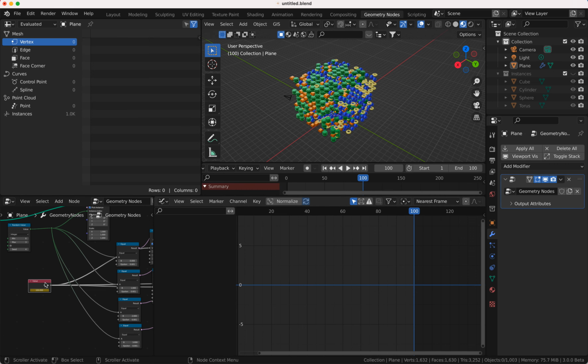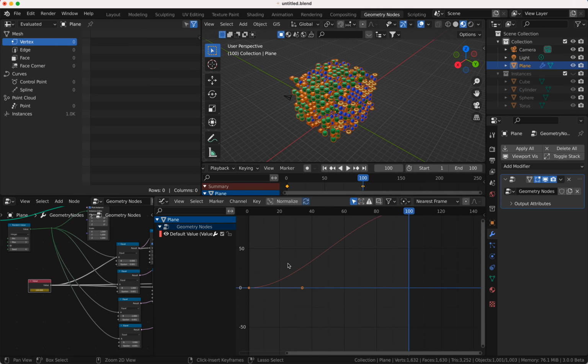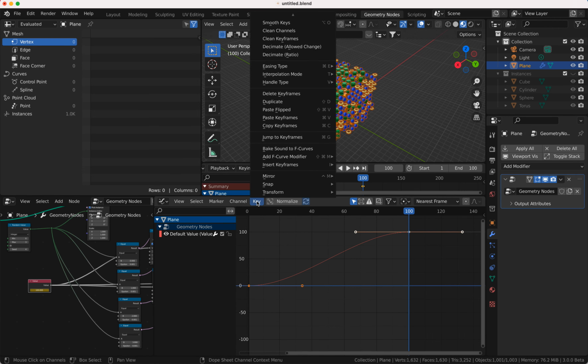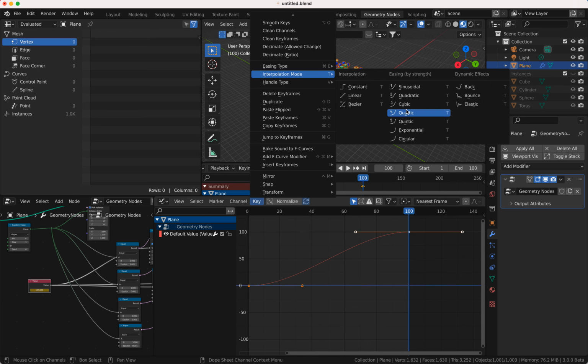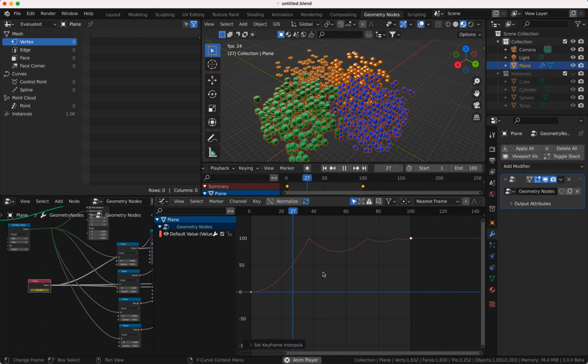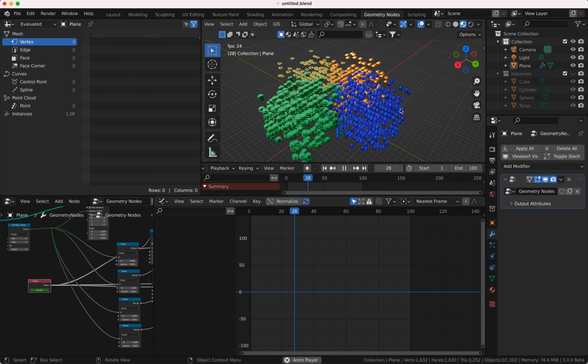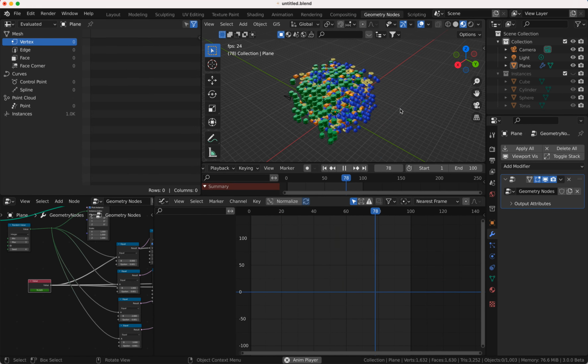And now we can see the keyframe in the graph editor here, and we can manipulate this value. We say key interpolation mode, and we say bounce. Now watch what happens. We have a nice animation, and that is